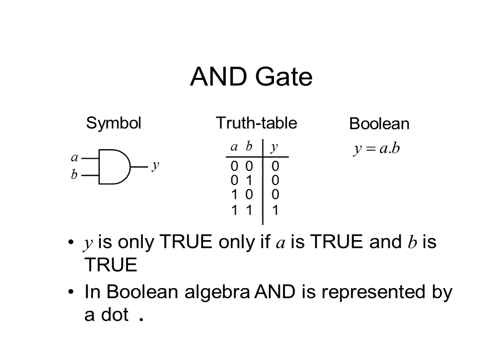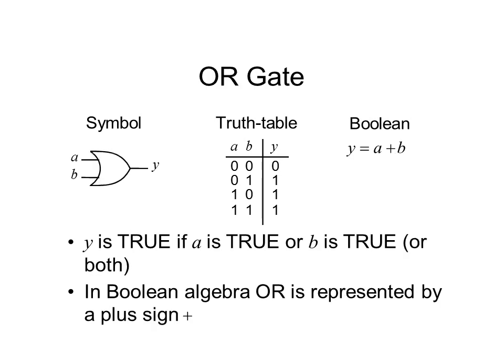And its Boolean equation, which I have shown on the right side, is Y equal to A dot B. This is the Boolean algebraic representation of the AND gate. Then the next gate is the OR gate. You can see the symbol of the OR gate here on the left side. Inputs A and B again, and Y is the output.